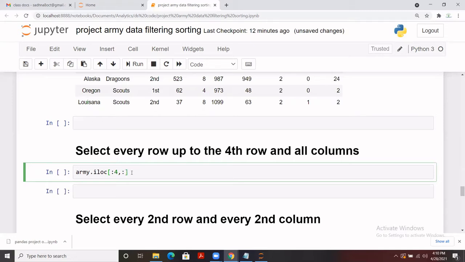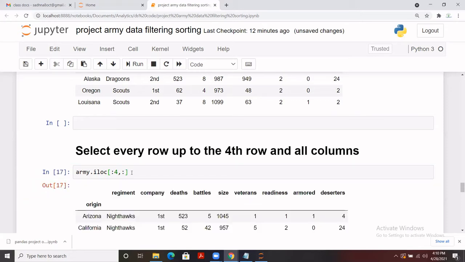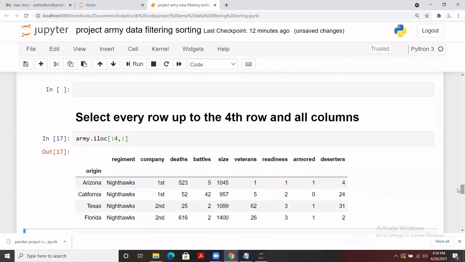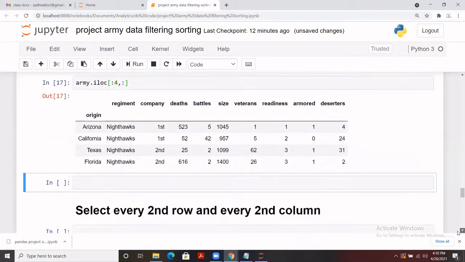So the first part before the comma is rows till the fourth index, and for columns I need all the columns. So I haven't passed any starting and last range for the column part. So here it is, all the columns till fourth. So 0, 1, 2, 3, because the last range is excluded, but the counting will be 4 only. Is it okay, guys? You move ahead with the next. I mean, what is the next?